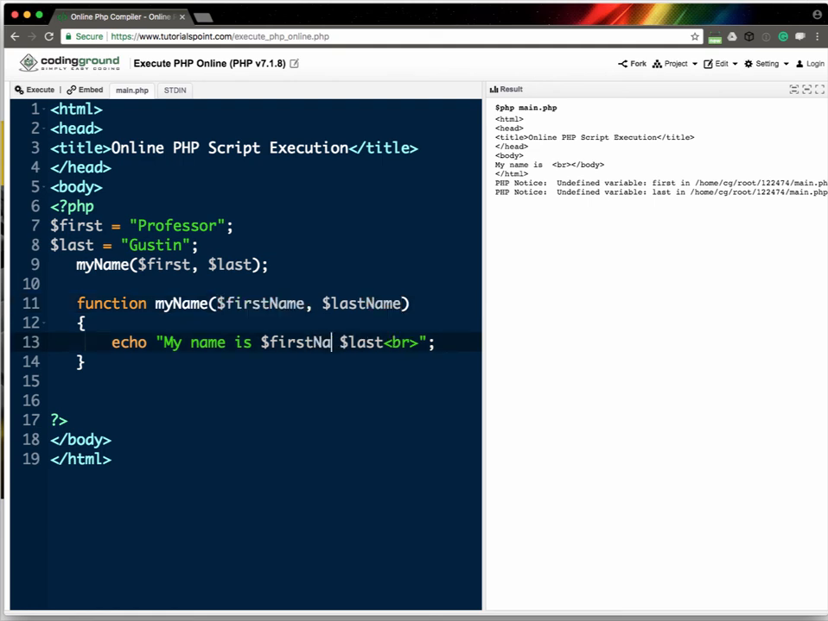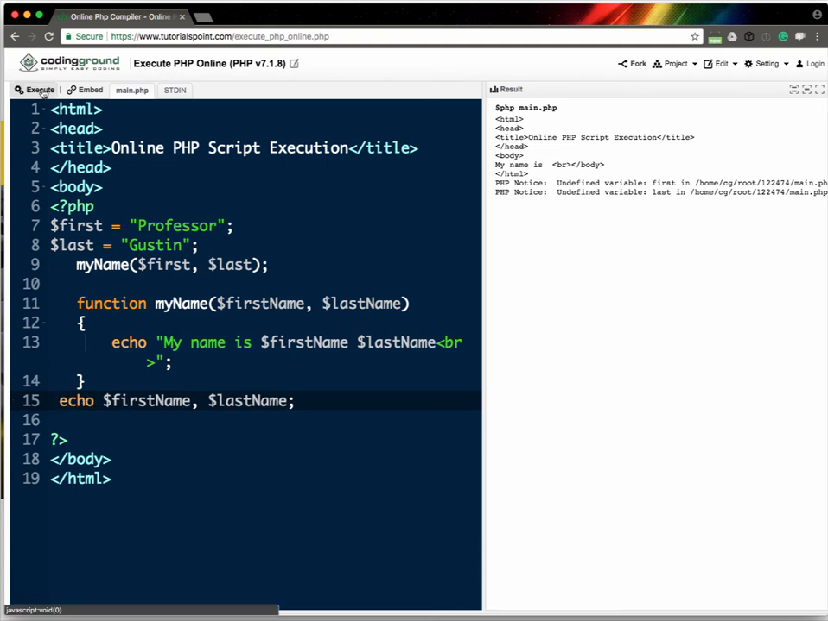Let me fix these, now that we know that that doesn't work. But you might say, well, what happens if we try to print these outside of the function? So let's do an echo, and we'll execute it. So inside, it did correctly display the first name and last name, but then outside, first name and last name,